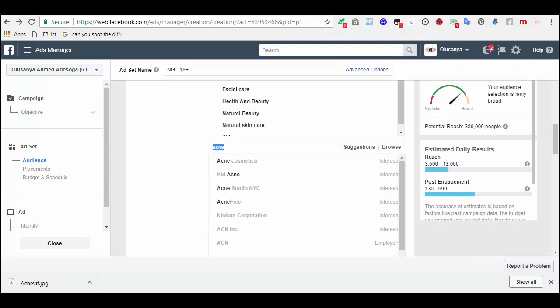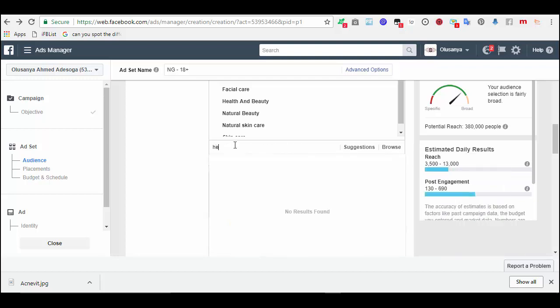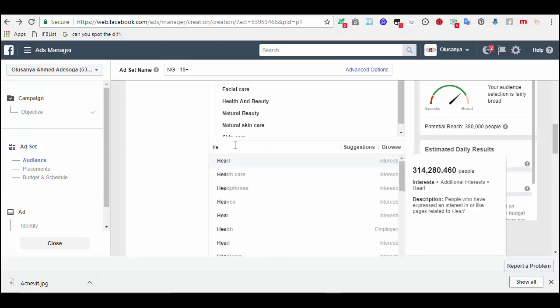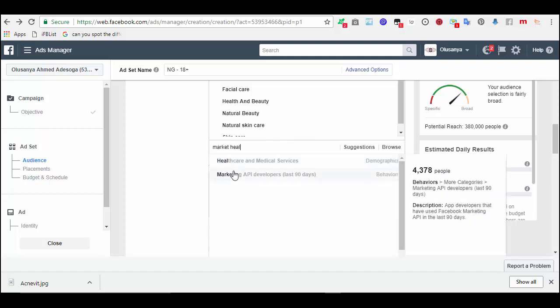Popular health, market health or something. Market health, healthcare and medical services. Let's see this.